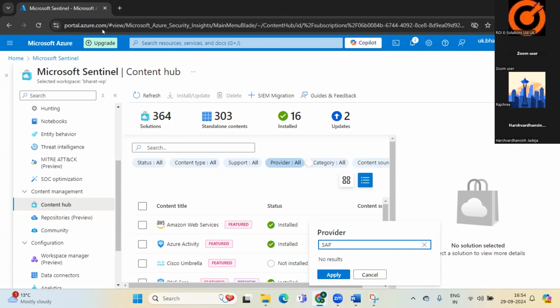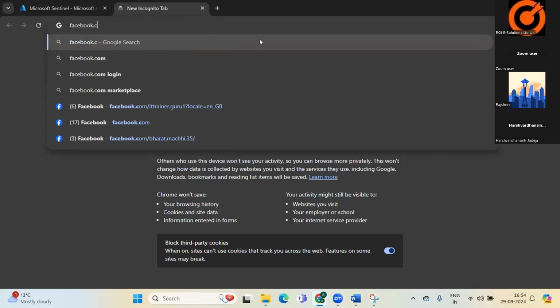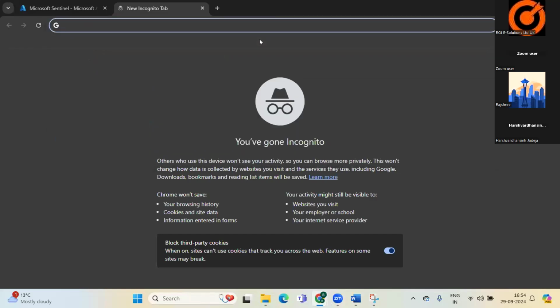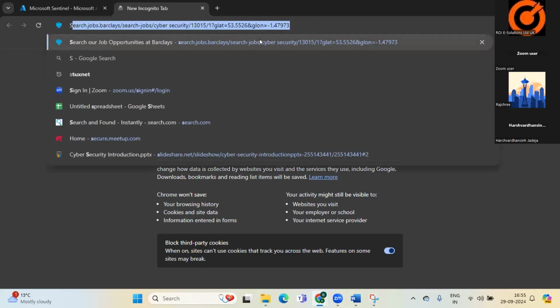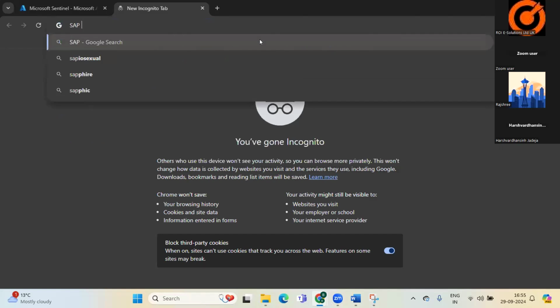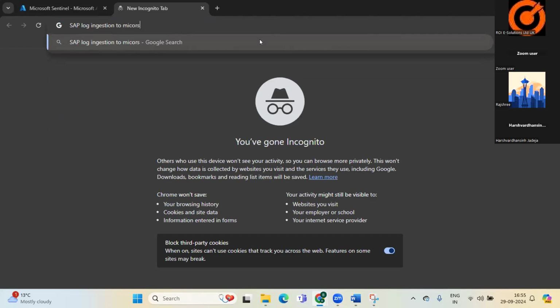So see, I have not worked with SAP at the moment. So what I need to do, I need to design an SOP, means for the data connectors which are new for you, you need to give some standard operating procedure to your team, that this is how we are going to ingest the log from SAP. So what I need to write down: SAP log ingestion to Microsoft Sentinel,